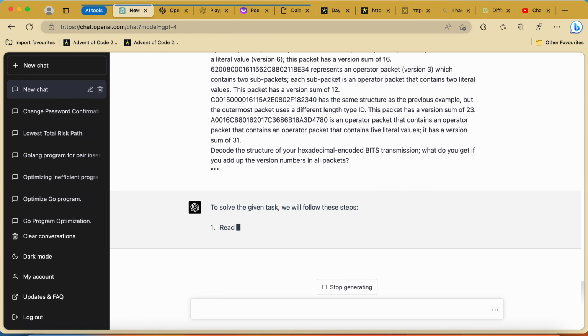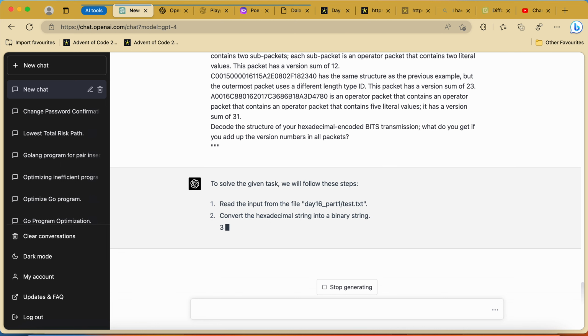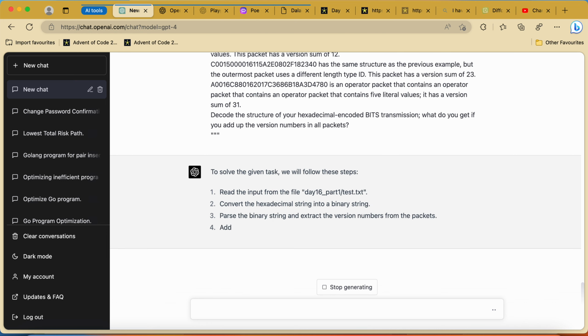To solve the given task, we will follow these steps. We firstly read the file.